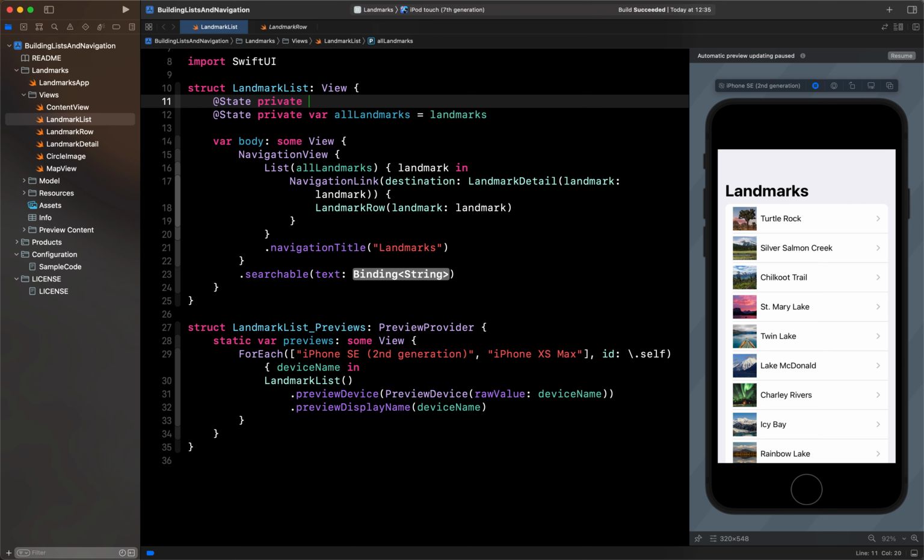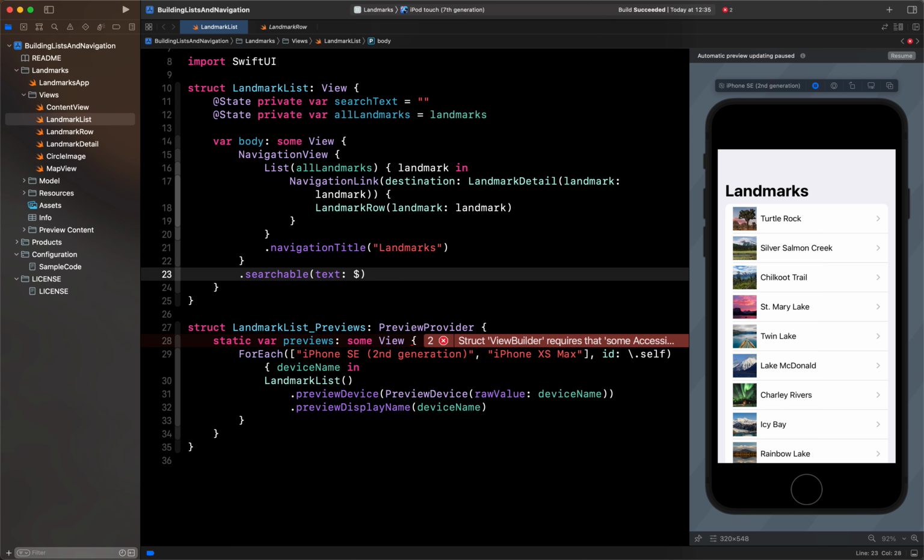I will create private var searchText, and let's assign it to empty for now. And now here I will pass that with the $ sign, searchText, and that's it. Only that much you have to do and your search text will automatically come here.